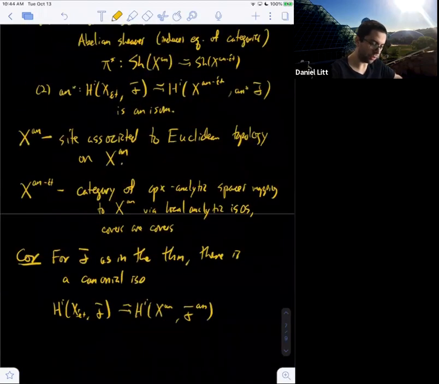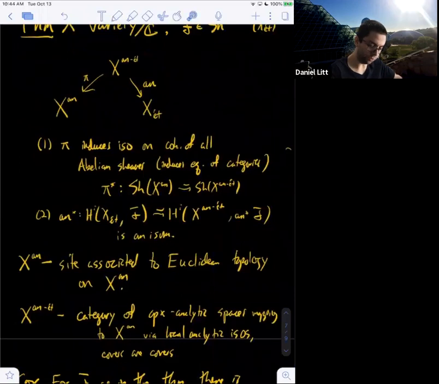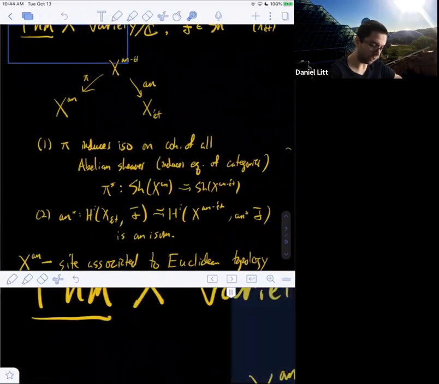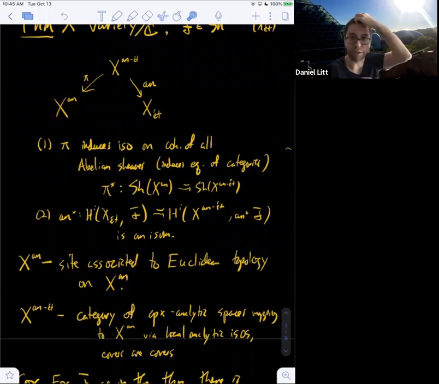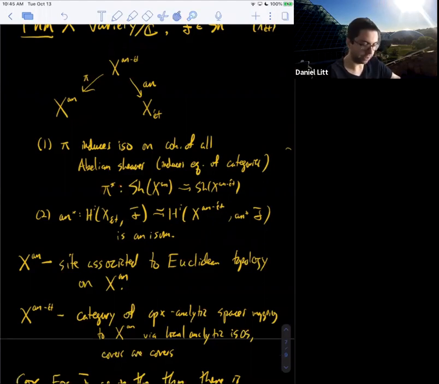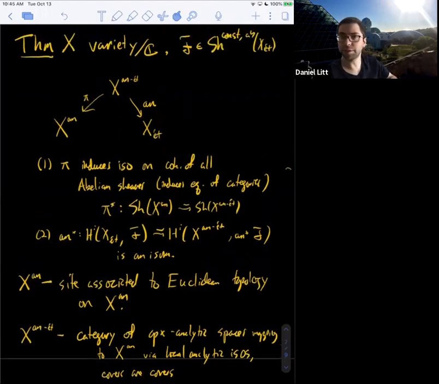So what is F^an? You start with a sheaf here, you pull it back to here, and then you push forward to here, for example. But I claimed that pi induces an equivalence of categories between sheaves here and sheaves here. So F^an is just the associated sheaf here, but you can think of that as the push forward if you want. It's the same thing. Because pi upper star is adjoint to pi lower star, if pi upper star is an equivalence of categories, then pi lower star has to be the inverse. All right, are there any questions about the statement of the theorem?